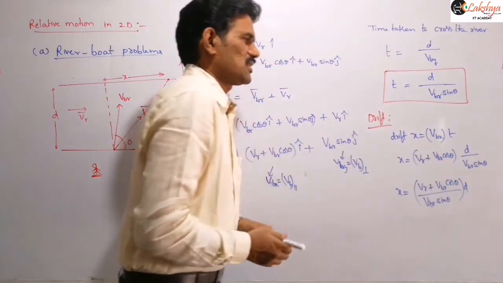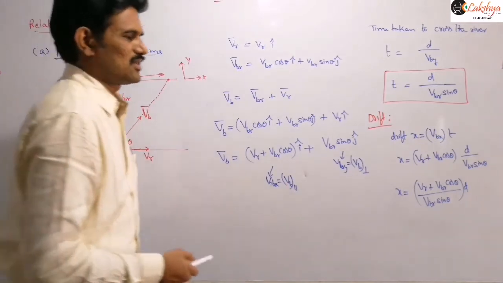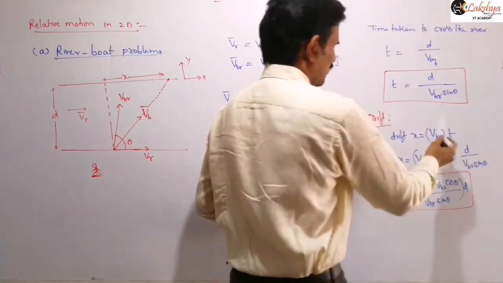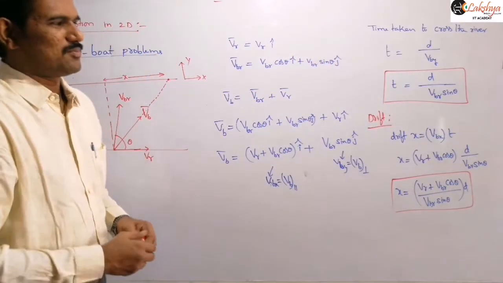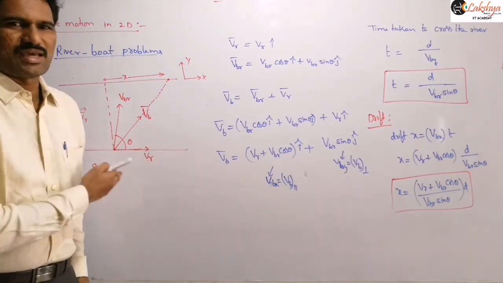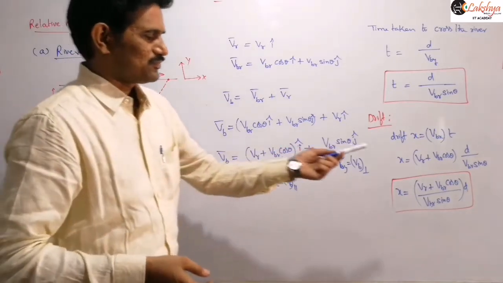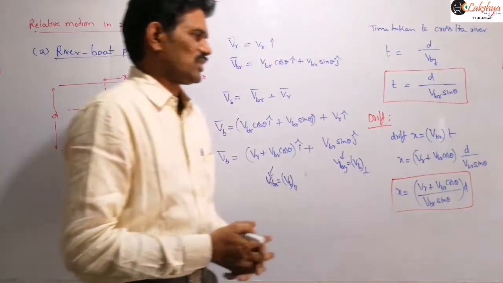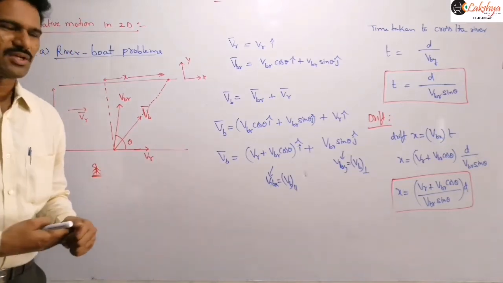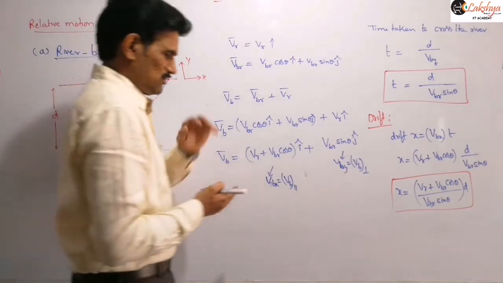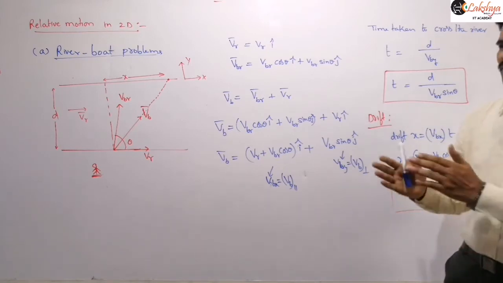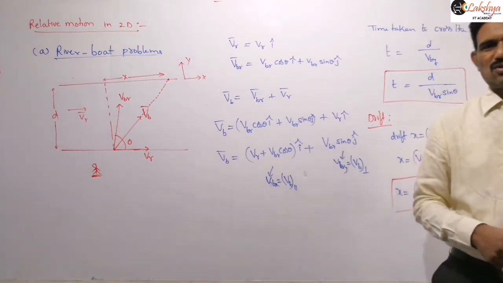So the drift is nothing but the distance travelled along the x direction. It appears similar to the range in projectiles, horizontal component of velocity into time. It is not that original expression, it just appears like that. The acceleration along the x direction is 0, so we write the velocity component into time. That is our expression for the drift. That is the general case, when the velocity of the boat with respect to the river is making an angle theta with the direction of the river flow.